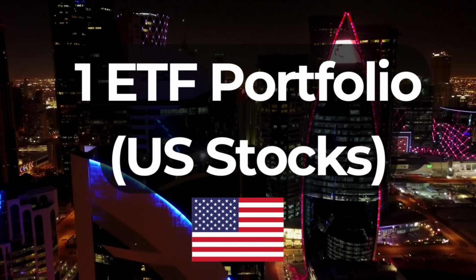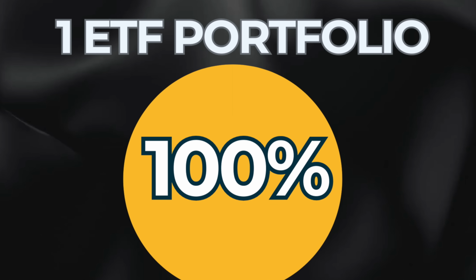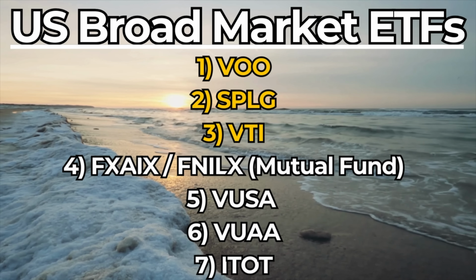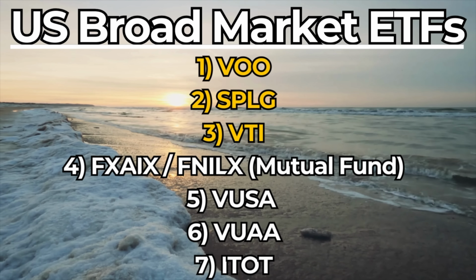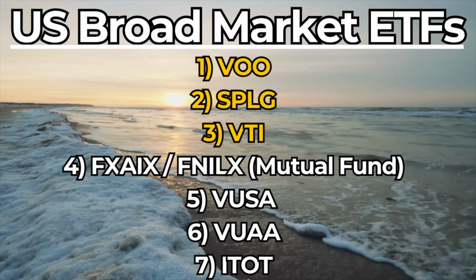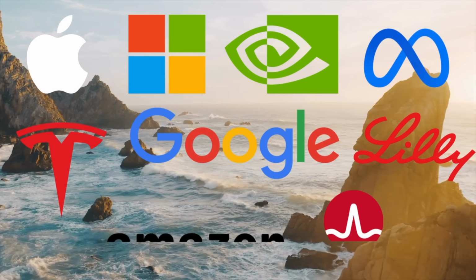Our first strategy is the one ETF portfolio of US stocks. A one ETF portfolio consists of only one ETF or index fund. And 3 of the best ETFs that come to mind for this strategy are an S&P 500 index fund like Vanguard's VOO or SPLG, and a total stock market ETF, that being VTI by Vanguard, amongst other great alternatives. These funds invest in only US stocks, mostly concentrated in some of the best and largest performing